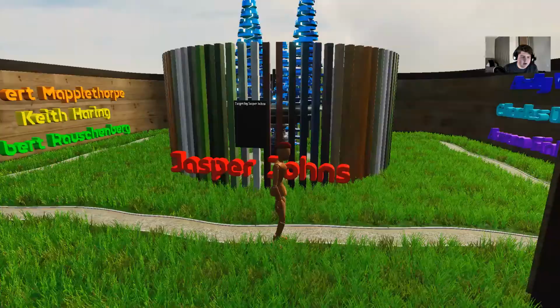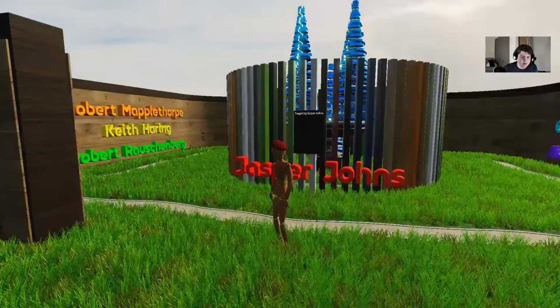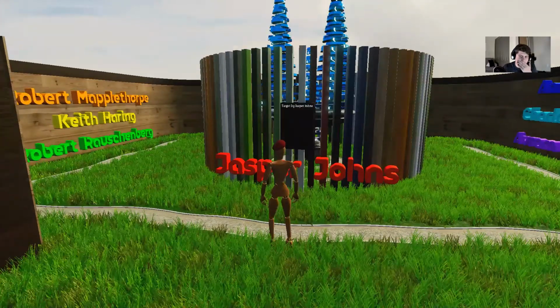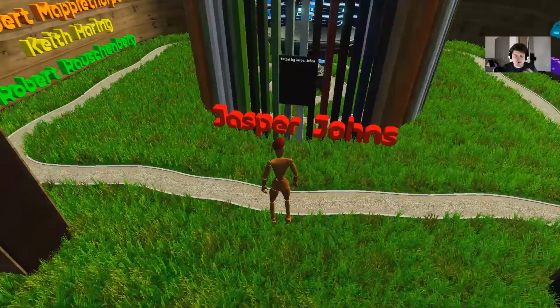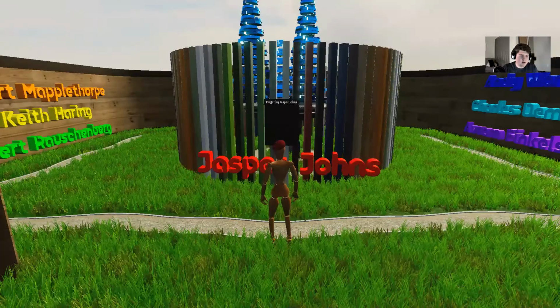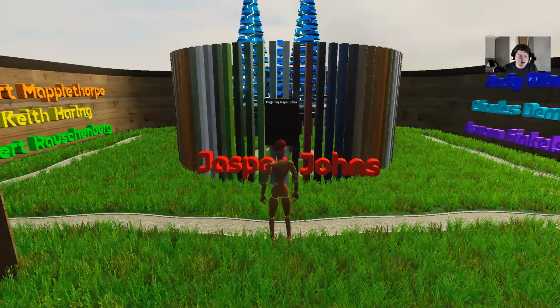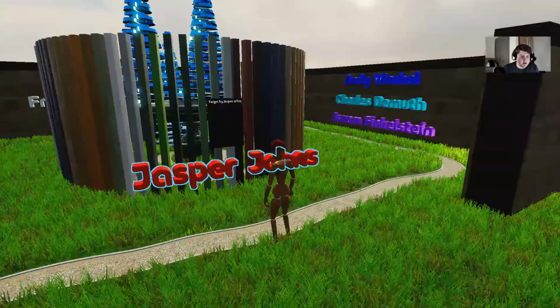So what we have here once we come in is I've created an outdoor space with these sort of wooden walls, and all around are, in rainbow, names of very famous gay artists that fit the nomenclature that I just said. So, white, male, that kind of thing. In the middle here, we have